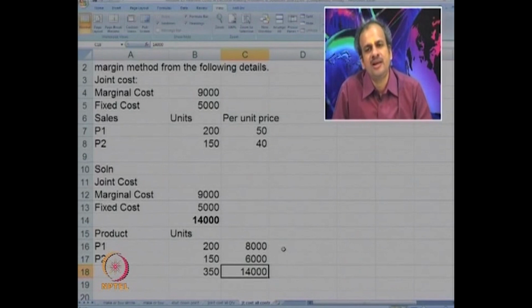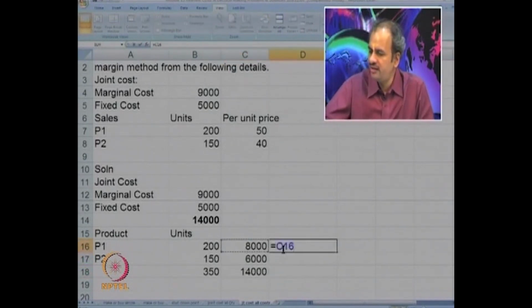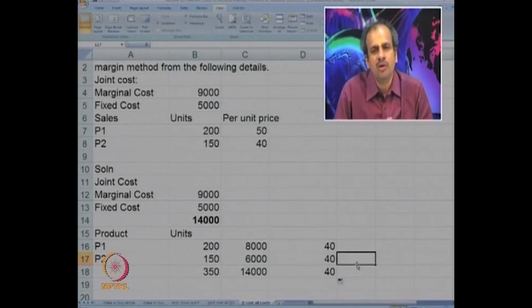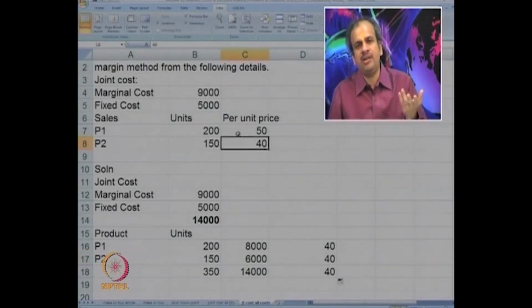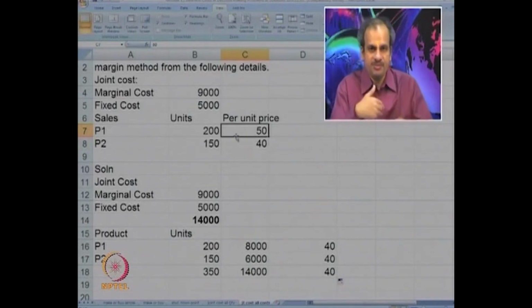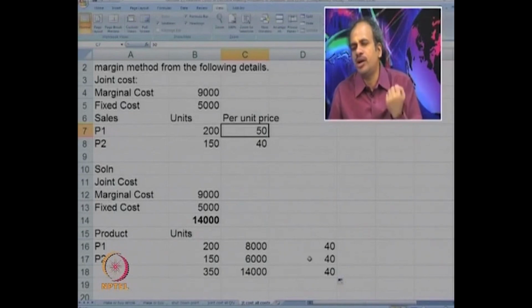But is it a fair method? Not so, because if we try to go by per unit, we can see that the per unit cost is 40. P1 also 40, P2 also 40 and the total is 40. Now you can see that P2's selling price is only 40, while P1's selling price is 50. Perhaps P1 has more economic value but it is not reflected in the per unit method. So we have to do something. So an improvisation is done